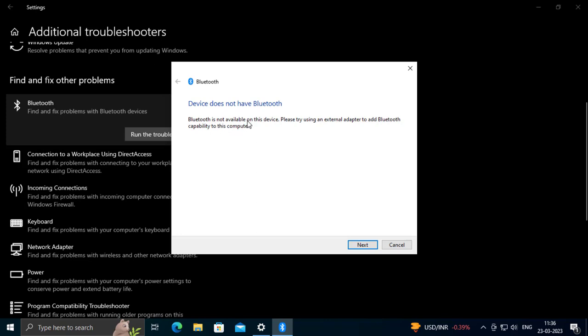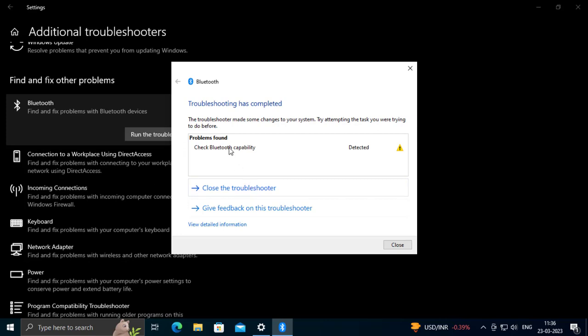Bluetooth is not available on this device. Please try using an external adapter to add Bluetooth capability to this computer. I don't have Bluetooth. If you had any problems, here it will show like this: Problem found. Check Bluetooth